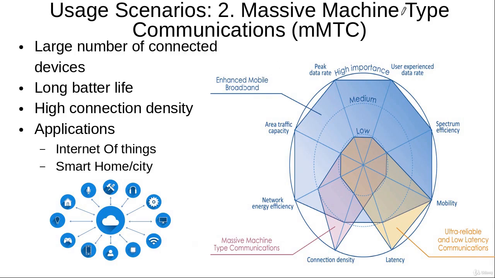Now, talking about massive machine type communication, the 5G system is required to support a large number of devices that can connect to it. And these devices can be wireless sensors, or these devices can be machines that can connect to the 5G network. And these sensors need to have a long battery life to last longer. So in that case, for this service, which is shown here,